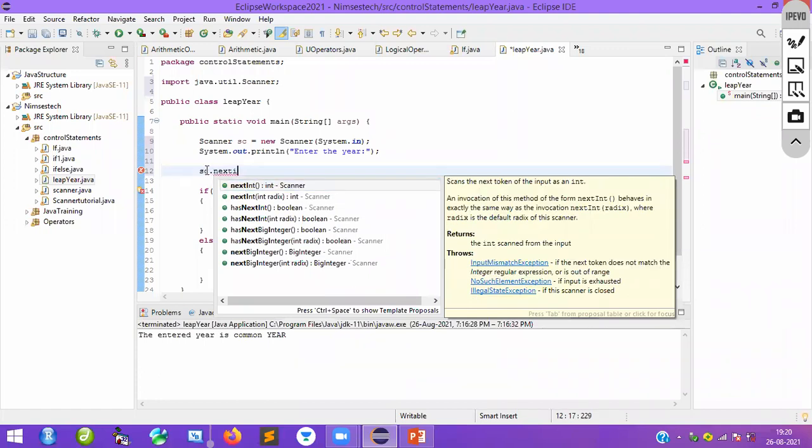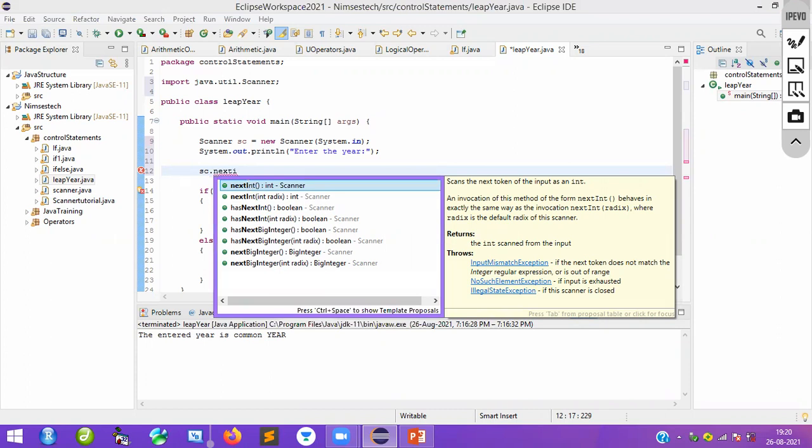So using the object we are calling this method. Basically, which class does this method belong to? That is the Scanner class. It takes the input as an integer. Exactly, we can see here this method belongs to the Scanner class. Again, it takes an integral value. Just double click and put semicolon.